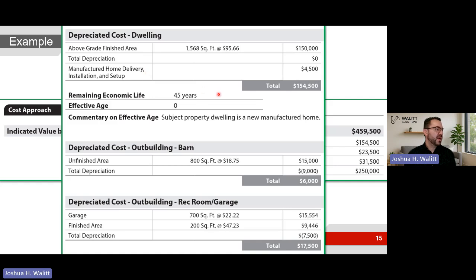We have remaining economic life, effective age, some commentary on that. We have then separate depreciation for the outbuildings, as you can see on the bottom. All right, so we have 154,000 for the dwelling. We see that out here in that summary we just looked at the top of the cost approach. We have these contributing to the outbuildings we looked at.